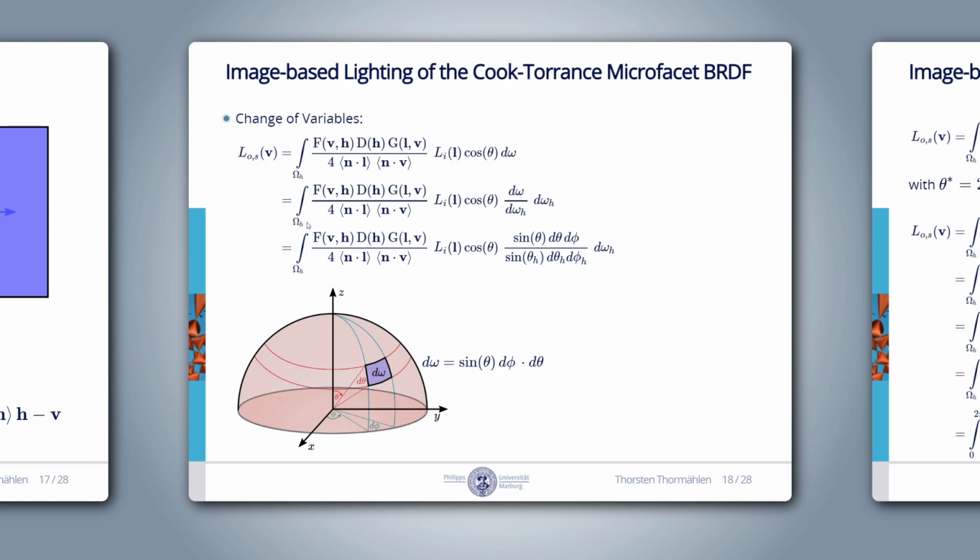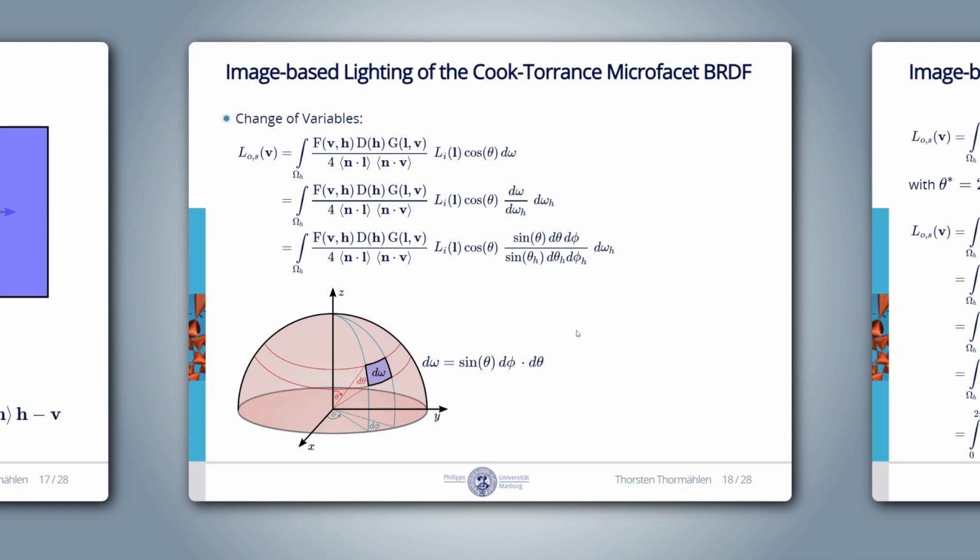As introduced in episode number 4, the solid angle can be parameterized in spherical coordinates theta and phi. For a unit sphere, d omega is equal to the area of this patch, which is d theta in the polar direction times a d phi step in the azimuthal direction. But the size of a d phi step depends on theta. When theta is equal to 0, the contribution is 0, and when theta is equal to 90 degrees, the contribution is a full d phi step. Therefore, we have to use the factor sine of theta to scale the d phi step. Overall, d omega is sine theta d phi multiplied by d theta.